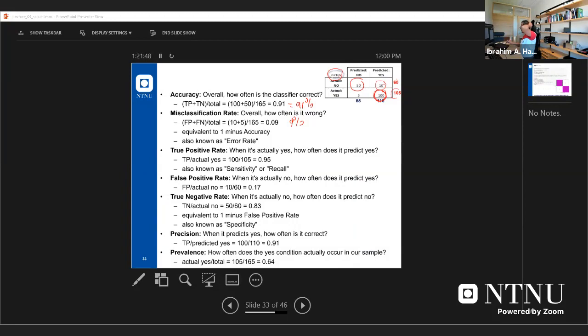Precision is how many positive predicted compared to the total predicted positive. So it will be 100 divided by 110, and so on. So anyway,